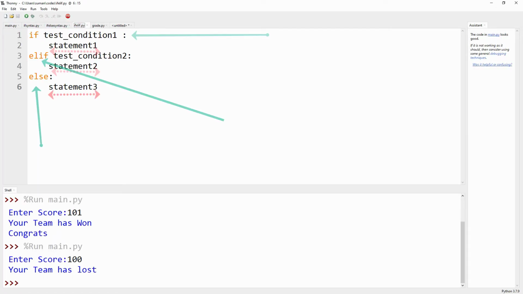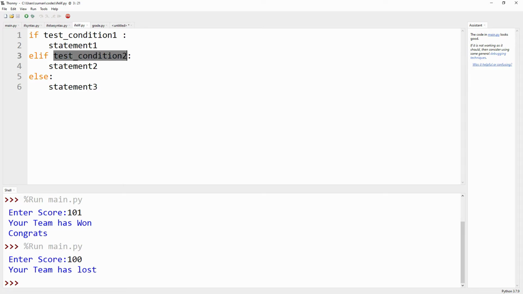If test condition 1 is true, statement 1 is executed. If not, it is false, and the elif statement's test condition 2 is checked.